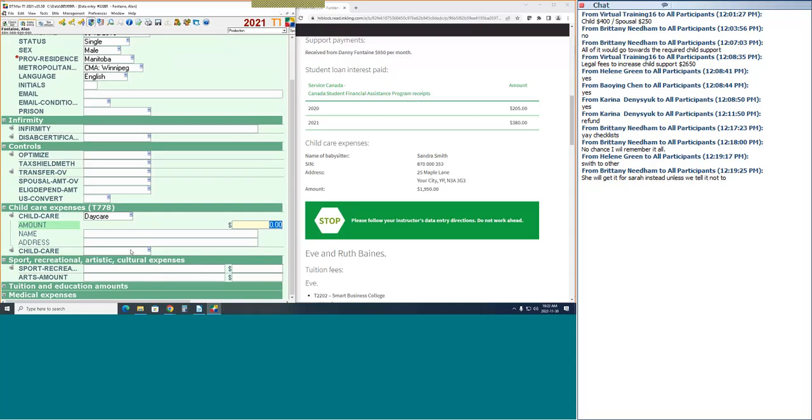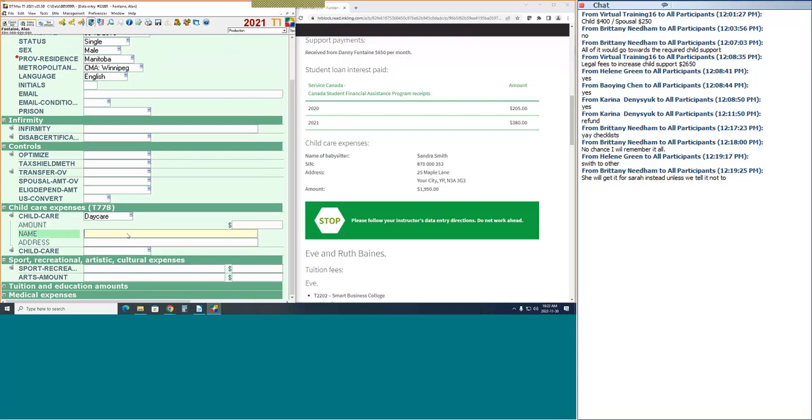If it's a daycare, you're going to put the amount that was on the receipt. You need a name for the daycare and you need an address. I cannot stress enough how important it is for you to put an address in. One of the reasons I can't stress it enough is because we're mostly not going to give you addresses in your case. So for the purposes of data entry now, because it's the end of the course and we have to give you a lot of data, if we didn't give you an address, I would like you to put